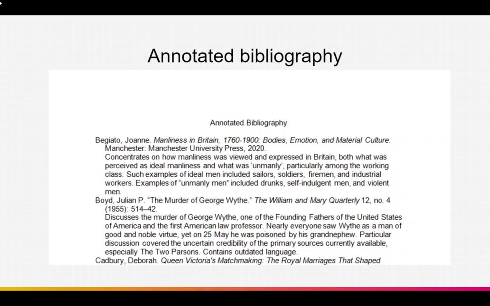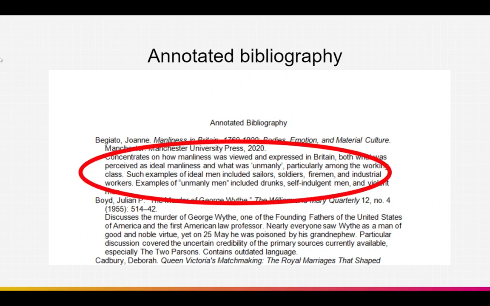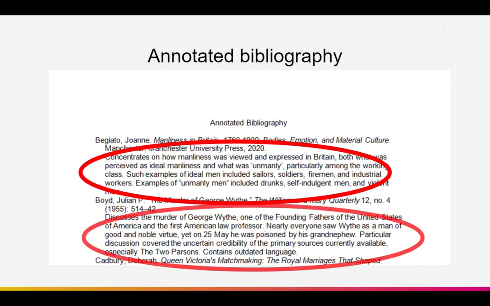Occasionally, you might be asked to do what's called an annotated bibliography. And so that allows you to give a brief description of each resource to give a summary, and also sometimes explain how it works within your essay. So I can see an example here and here that there's a brief paragraph, usually indented, sometimes in square brackets.